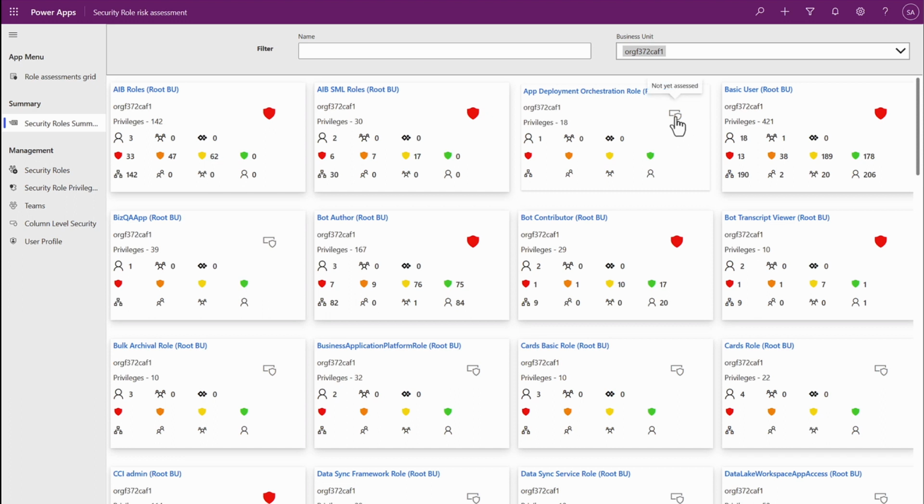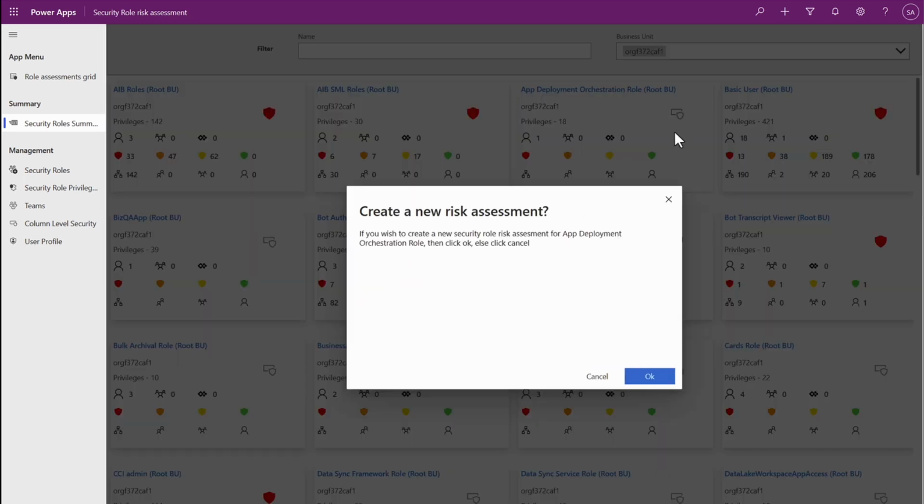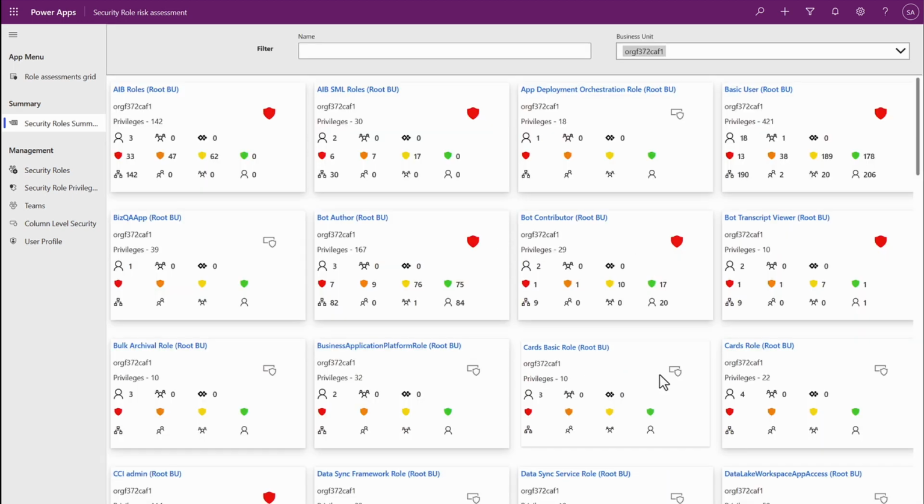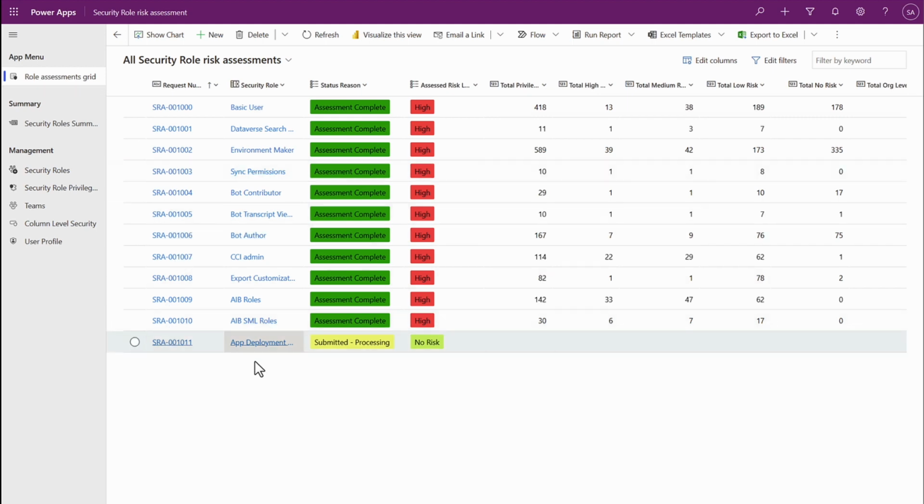Now at this point, I can click on this, and it will come up with a pop-up asking if I want to go ahead and create a new assessment. I'll click OK for now, but you can click cancel, or even cross out so that it doesn't create. Now that I have clicked OK, it will start a new assessment for this app deployment orchestration role. So if you go back into the grid here, you should see that my app deployment is in